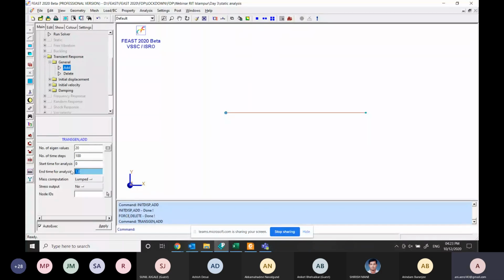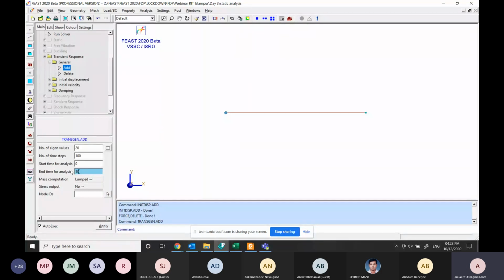And when the string is cut, it will induce transient vibrations. So I'll just check whether they are going to damp in 1 second or 10 seconds or 20 seconds. So for now, I'll give the end time as 10 seconds. You can give 100 seconds, you can give 20 seconds, you can give 5 seconds, anything you can give.